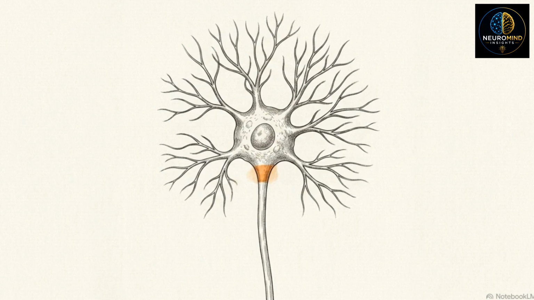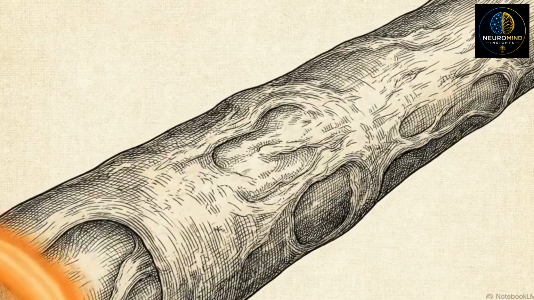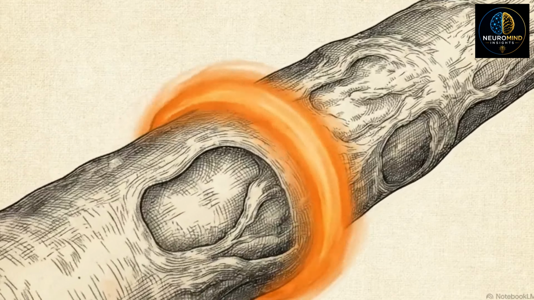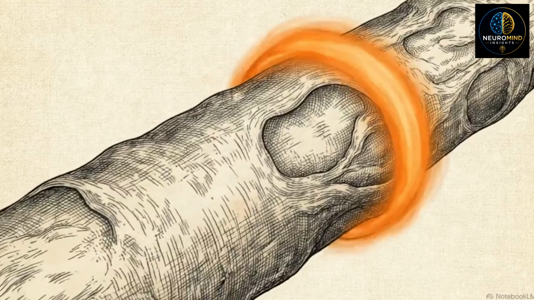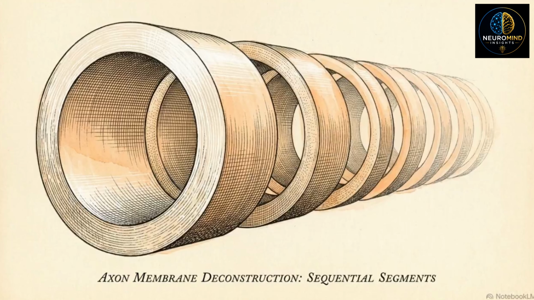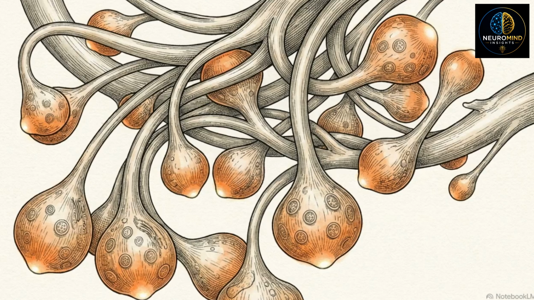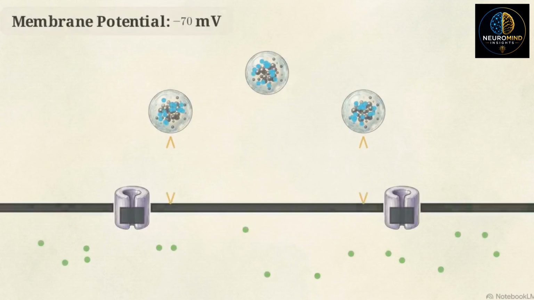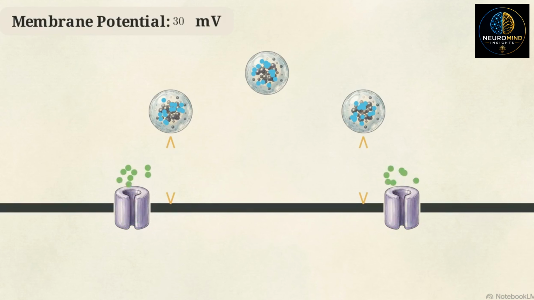The action potential we just derived is entirely localized to one tiny patch of membrane at the axon hillock. But the initial flood of sodium diffuses laterally down the inside of the axon, bringing the adjacent patch of membrane to -55 millivolts. This triggers its neighbors, like a row of falling dominoes. This depolarizing wave travels the entire length of the axon until it reaches the end of the line, the axon terminal. The axon terminal is lined with voltage-gated calcium channels that open when the +30 millivolt wave arrives.